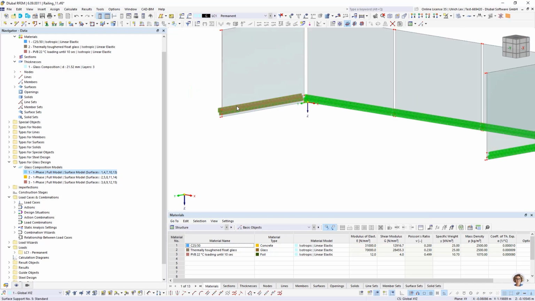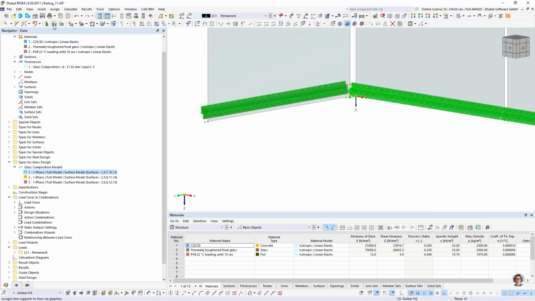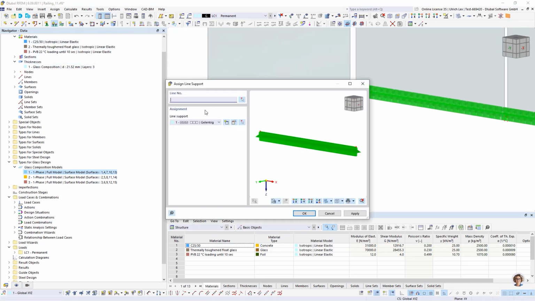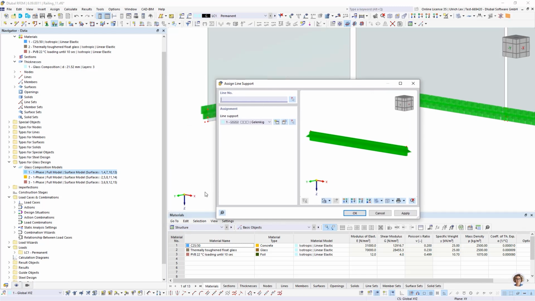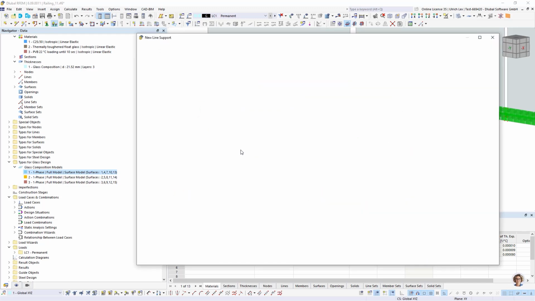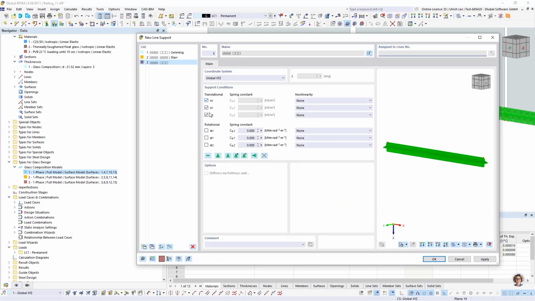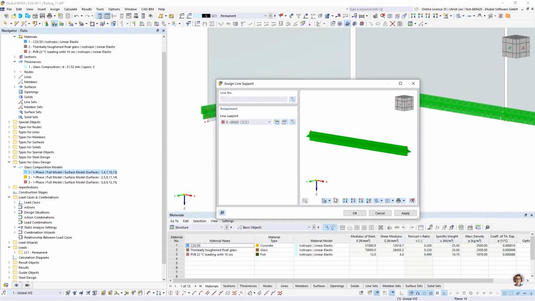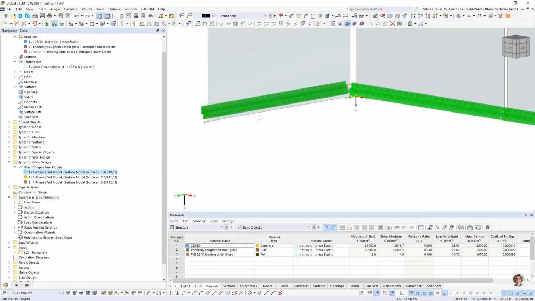Okay. And additionally, I want to use support in global Z direction in the line downside. Okay, continue with OK